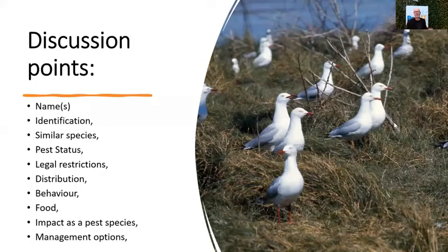We'll look at the distribution of the bird throughout Australia, its behaviour, its preference in food,